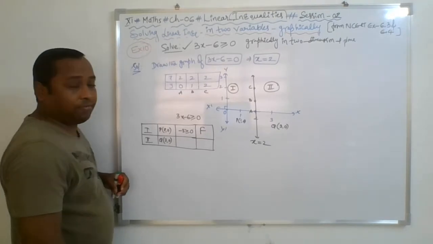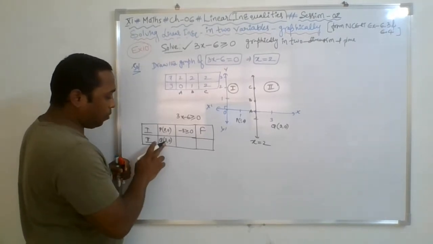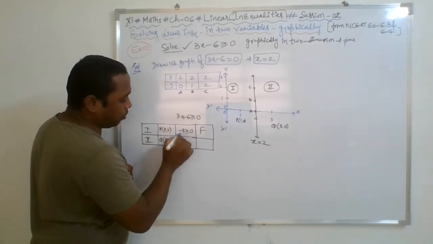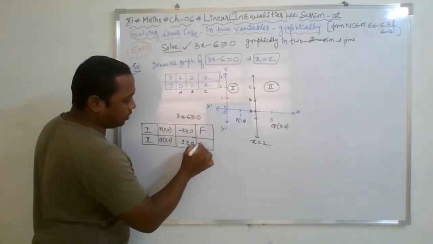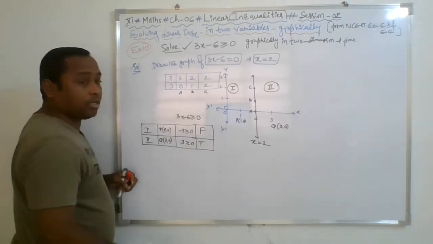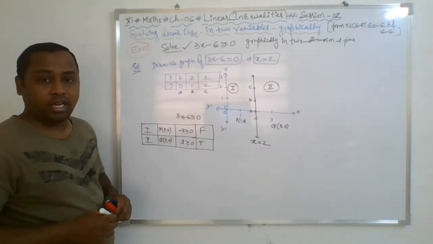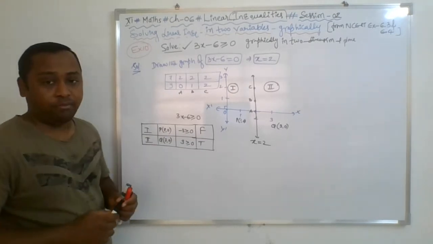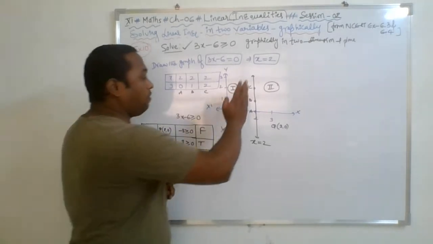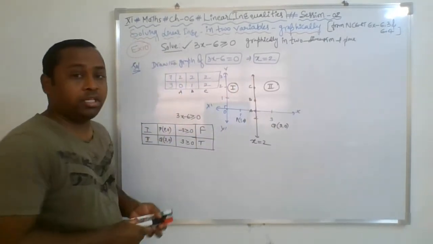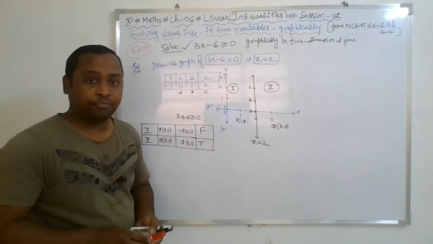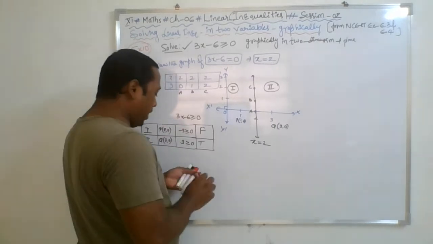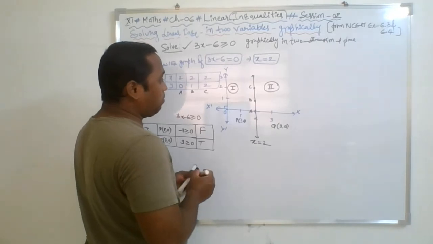Ultimately, it is false. If you put positive 3 over here, 3 threes are 9, 9 minus 6 is positive 3, which is greater than or equal to 0. That is true. So which point satisfies the inequality here? The point which belongs to second half plane. So second half plane is the solution region for your graph. Clear? Solution region for your graph. So I need to shade this part